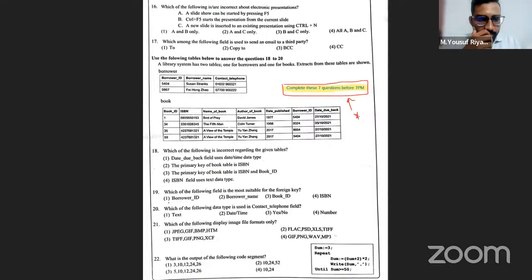Sixteenth question, no answer. Let me check. Then the 16th question, ignore it, because Control plus N, that is wrong. Control plus F5, that is